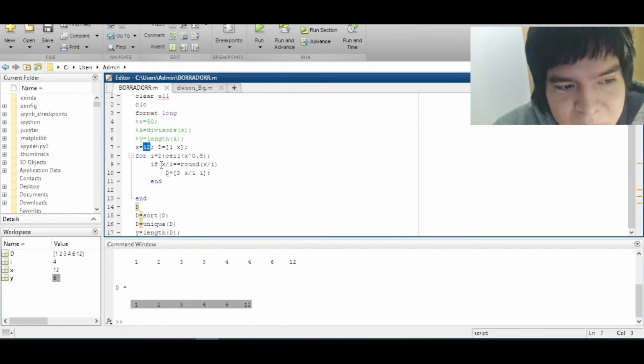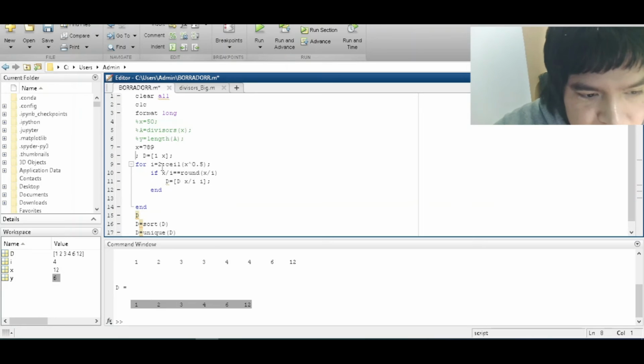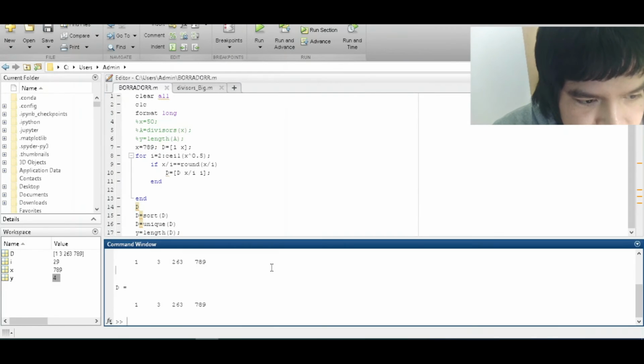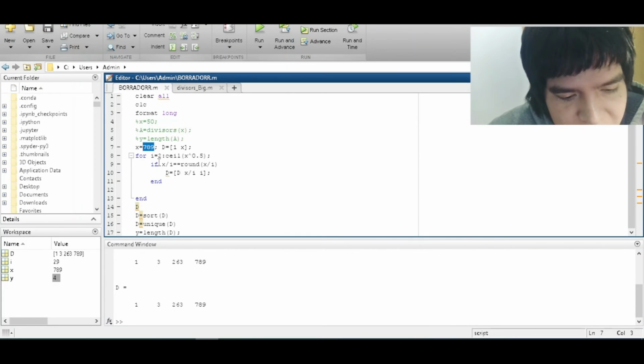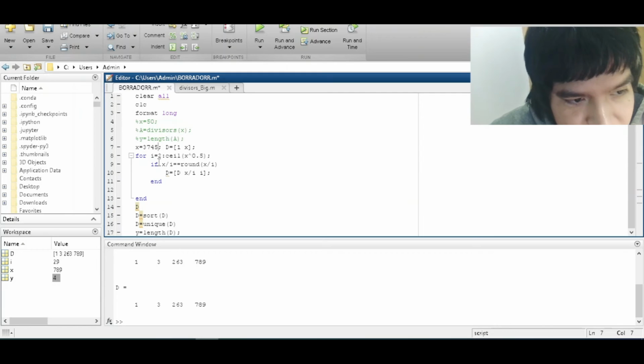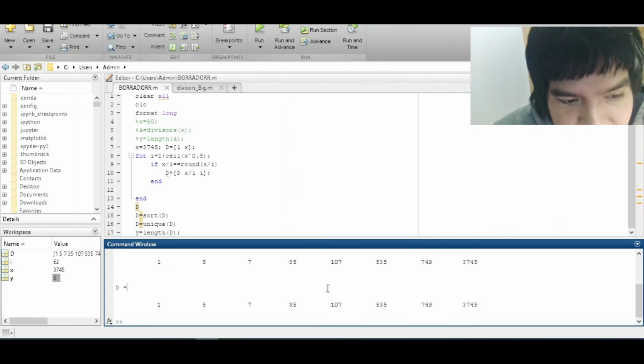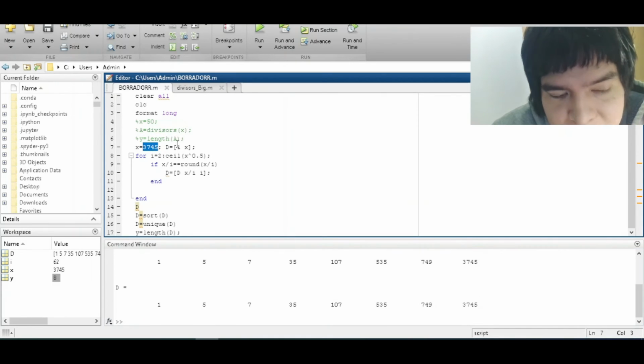And this can work with very large numbers, so I don't know, maybe 7, 8, 9. And let's try this. Okay, interesting. It doesn't have too many divisors. Maybe something like, I don't know, this one. Okay, and it gets more divisors, and it shows all of them and also the answer. It's very interesting. We can try with a lot of numbers, but